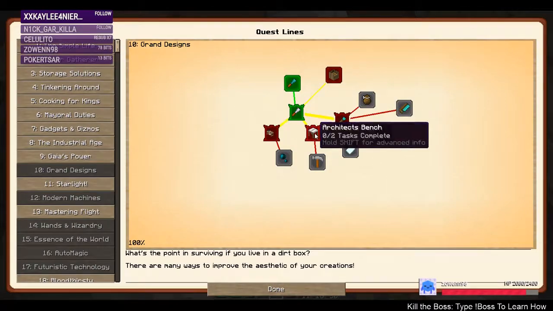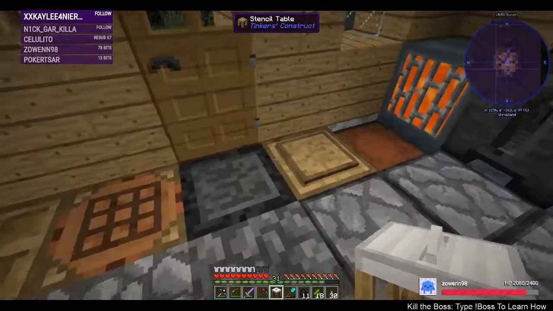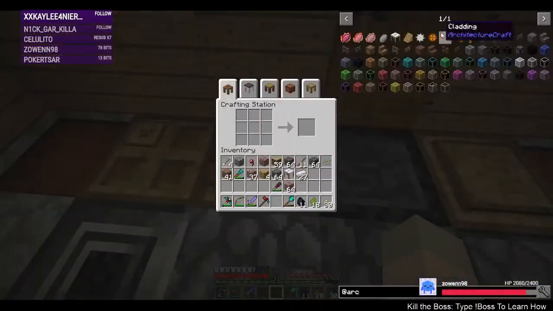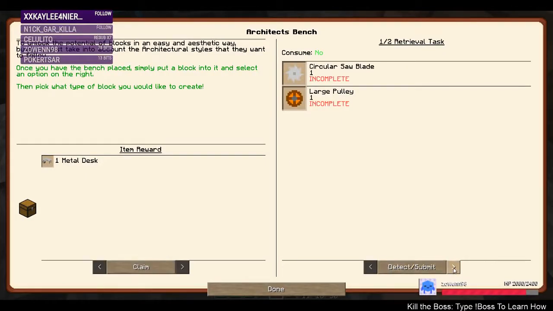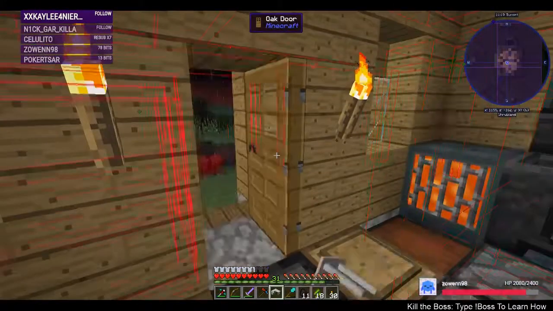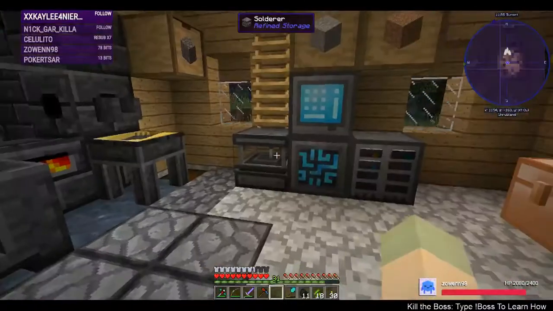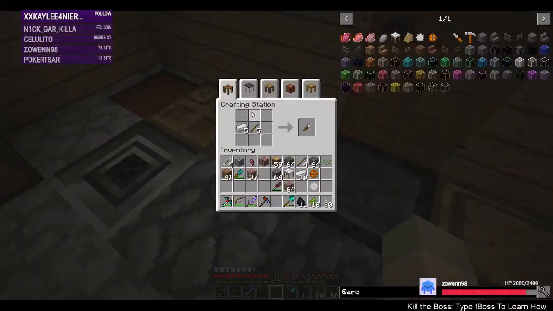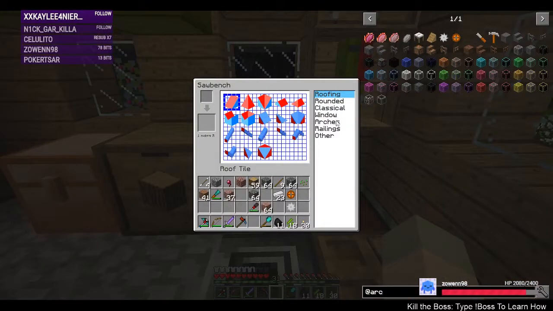So, let's go in here. Oh, it didn't detect. I went too fast. Grr. Let's make those particular things again, even though we will never need them. There we go. And I get a metal desk in return. You know what I do with DecoCraft stuff. Yes, that is what I do with DecoCraft stuff. Okay, but the architect's saw table, we will be able to do